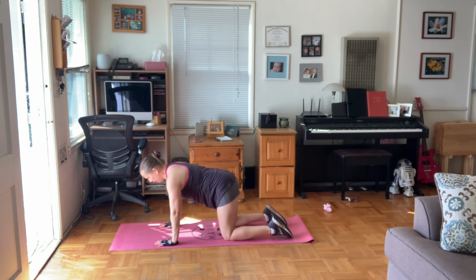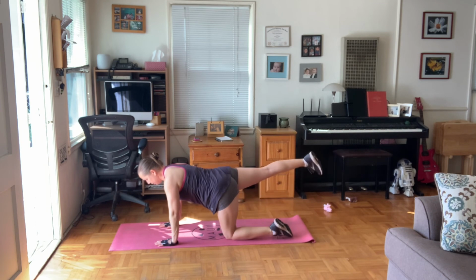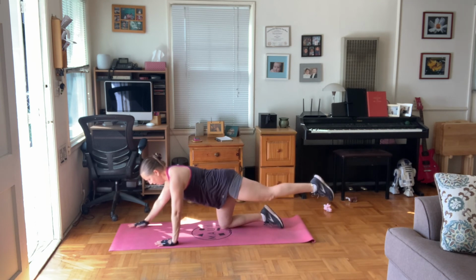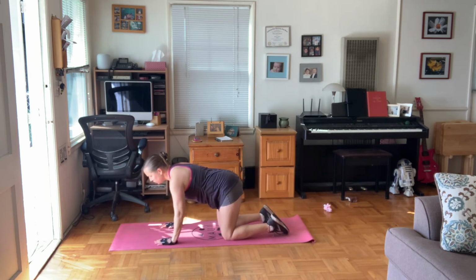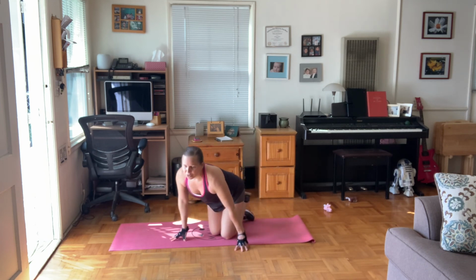Or maybe you want to try it with your legs. So maybe try lifting one leg at a time and leaving your hands stationary, or lifting the leg and tapping the hand. Okay, so just play around and I want you to choose the option that you can do but challenges you. So choose the option that's the most challenging for you, but don't choose one that's out of your